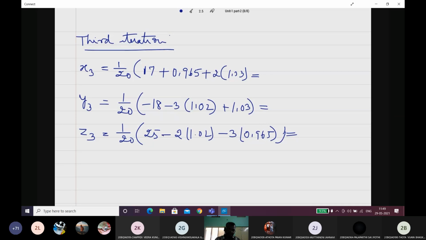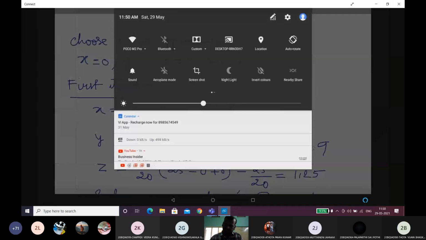We have to calculate these values and proceed in the similar way. Finally, we get 1, minus 1, 1, or 0.9999, like that the answer comes. I think it may take the 7th iteration or 6th iteration. Okay, now we have to stop here today and continue the same problem in the next class. Thank you.